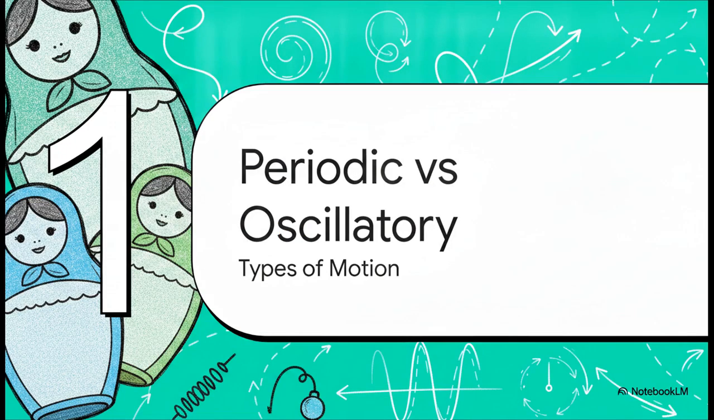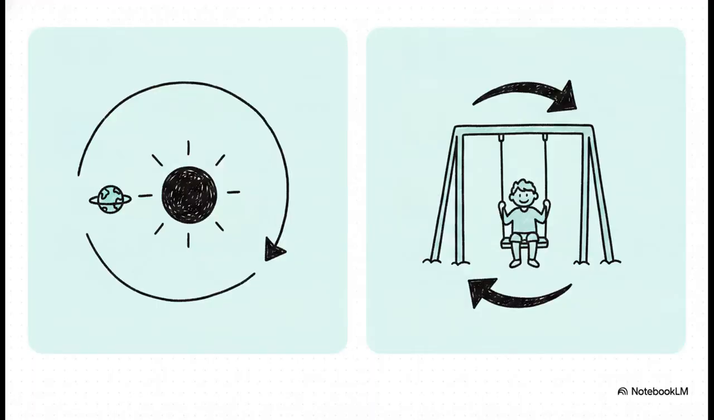All right, Section 1, periodic versus oscillatory. Let's start with the broadest concept and pop open our first, largest doll to look at different types of motion. There is a really important distinction here. Periodic motion is literally any repeating movement over a fixed time period, like the Earth taking 365 days to orbit